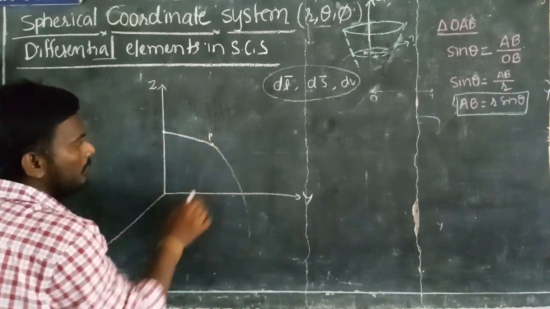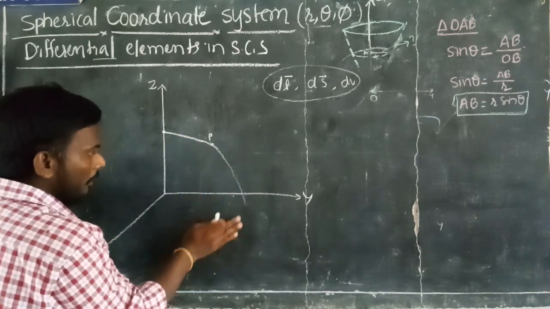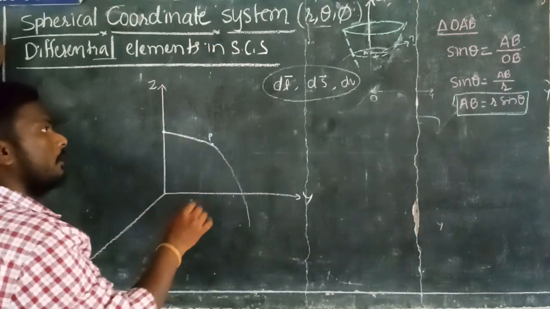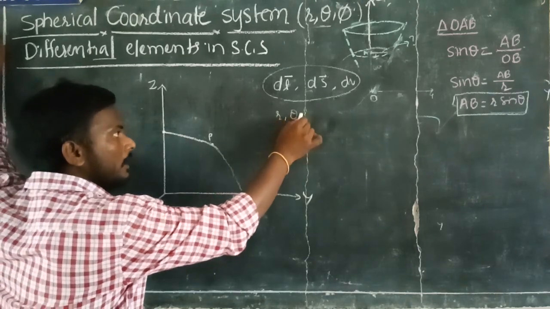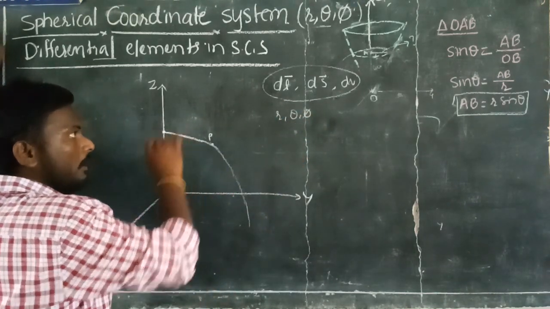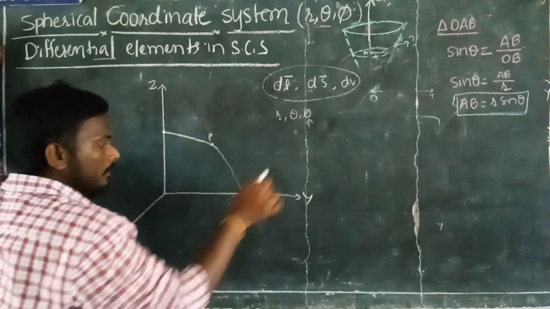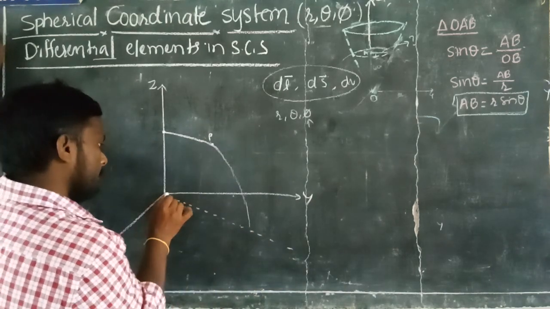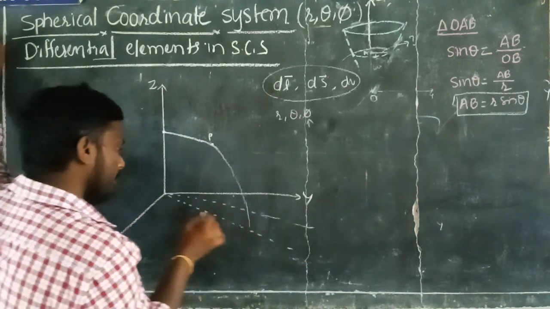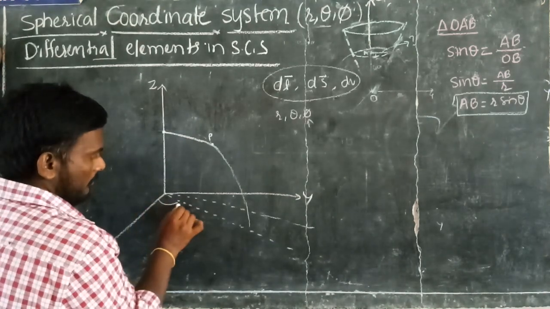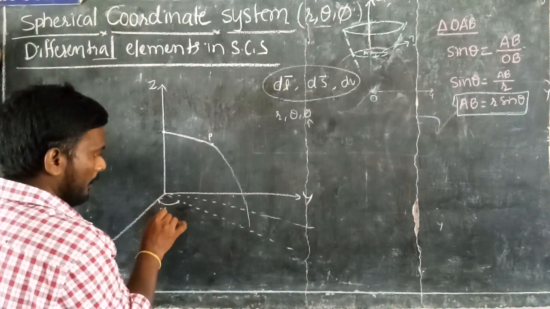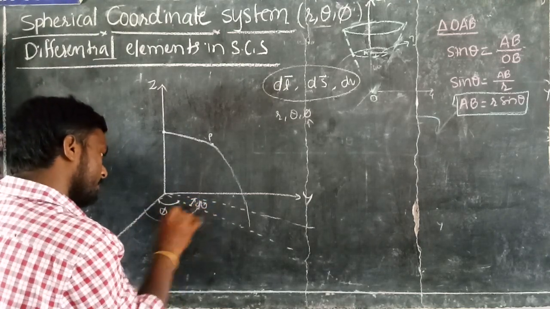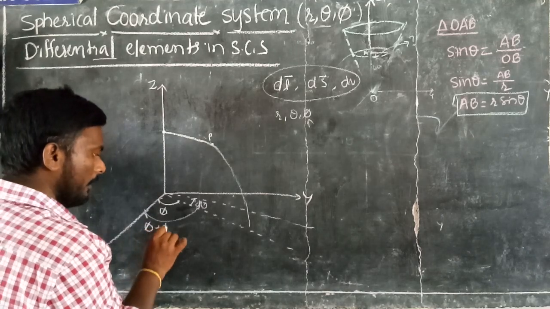Next, how can you get the theta? For simplicity, I am drawing phi first, then I will mark the theta. So here we have r comma theta comma phi. First I am drawing r, then I am drawing theta. I am representing theta like this. This is a phi, and it is changed in the phi. That means it is d phi, so that it becomes phi plus d phi totally.